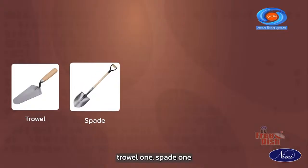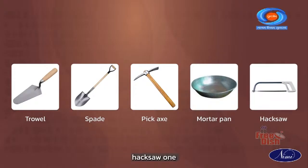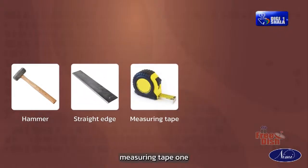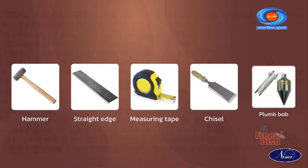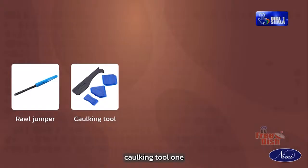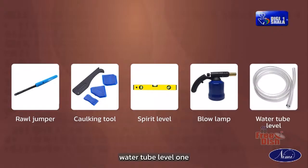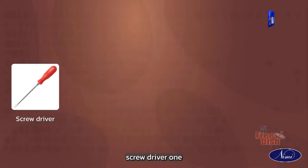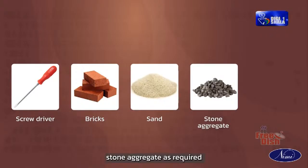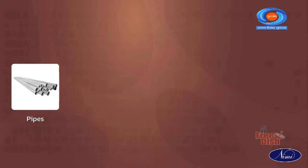Trowel 1, spade 1, pickaxe 1, mortar pan 1, hacksaw 1, hammer 1, straight edge 1, measuring tape 1, chisel 1, plumb bob 1, trowel jumper 1, caulking tool 1, spirit level 1, blow lamp 1, water tube level 1, screwdriver 1, bricks as required, sand as required, stone aggregate as required, cement as required, pipes as required, fittings as